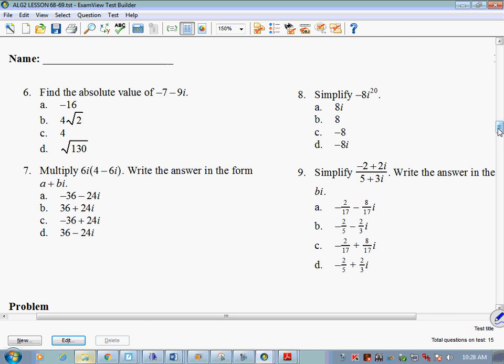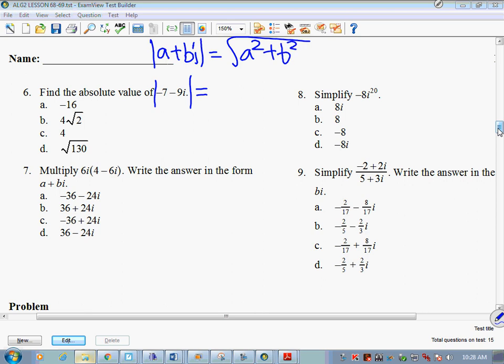All right. 6. Find the absolute value of negative 7 minus 9i. So what we want to remember about this, as we saw in an earlier page, is that if I have a plus bi, this is equal to the square root of a squared plus b squared, right? Yes? Remember that? All right, so what we're changing this to is negative 7 squared